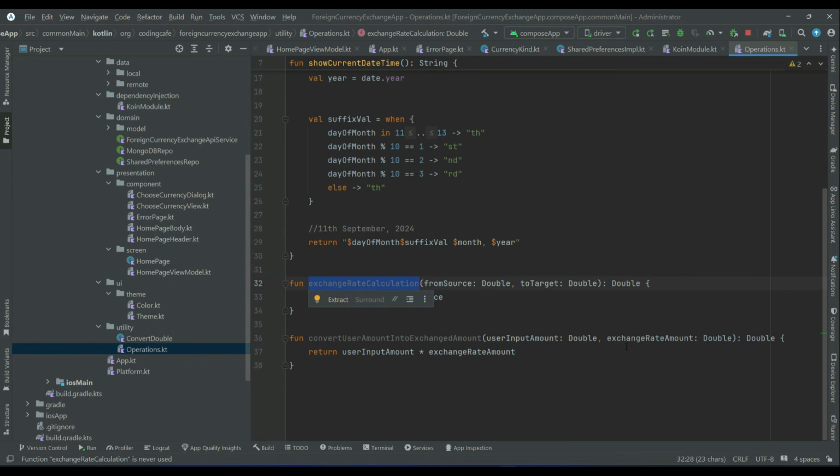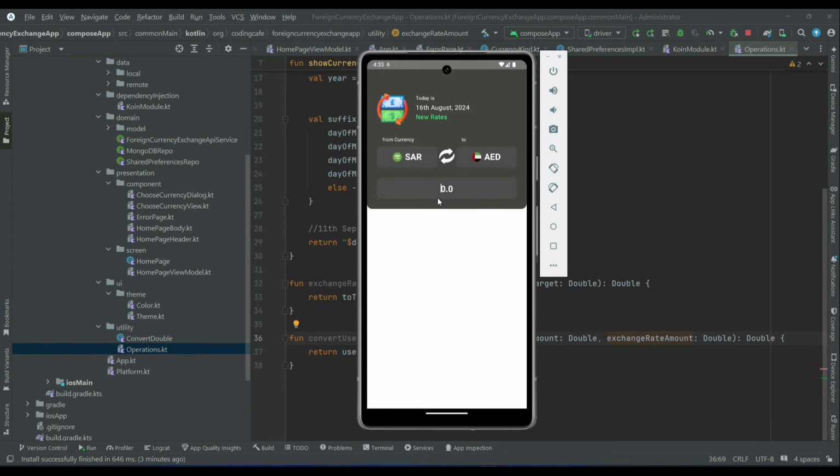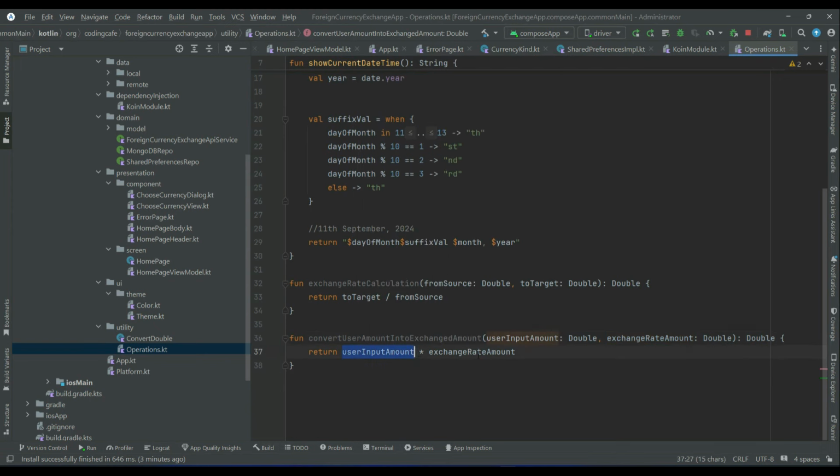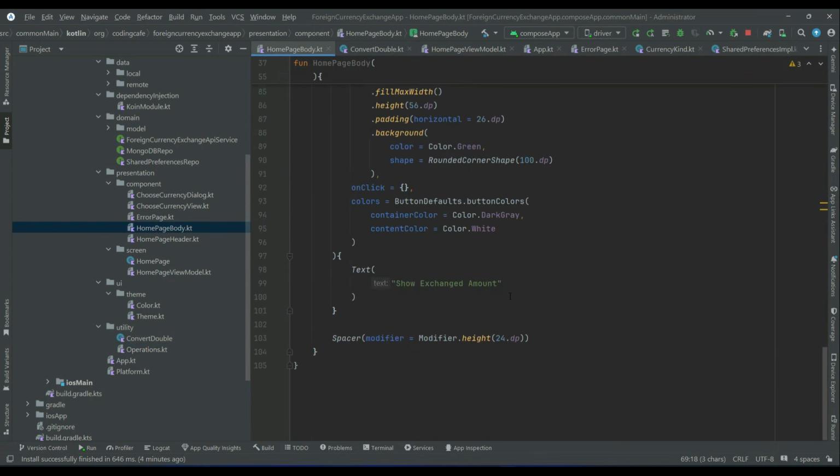Then once we have the exchange rate amount, the next thing is to take the user input. Let's say the user inputs 10 Saudi Riyal. Okay, the user wants to convert this to AED. So we already have the exchange rate amount, so we will simply multiply the user input with the exchange rate amount. So now in our homepage body, on the on click,